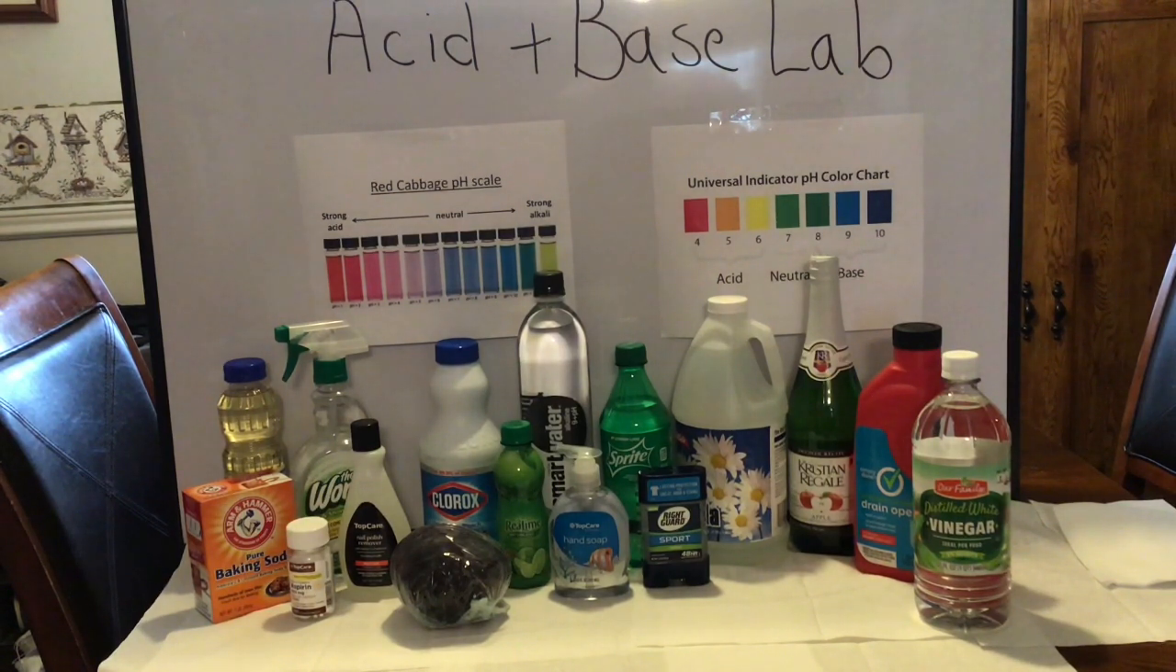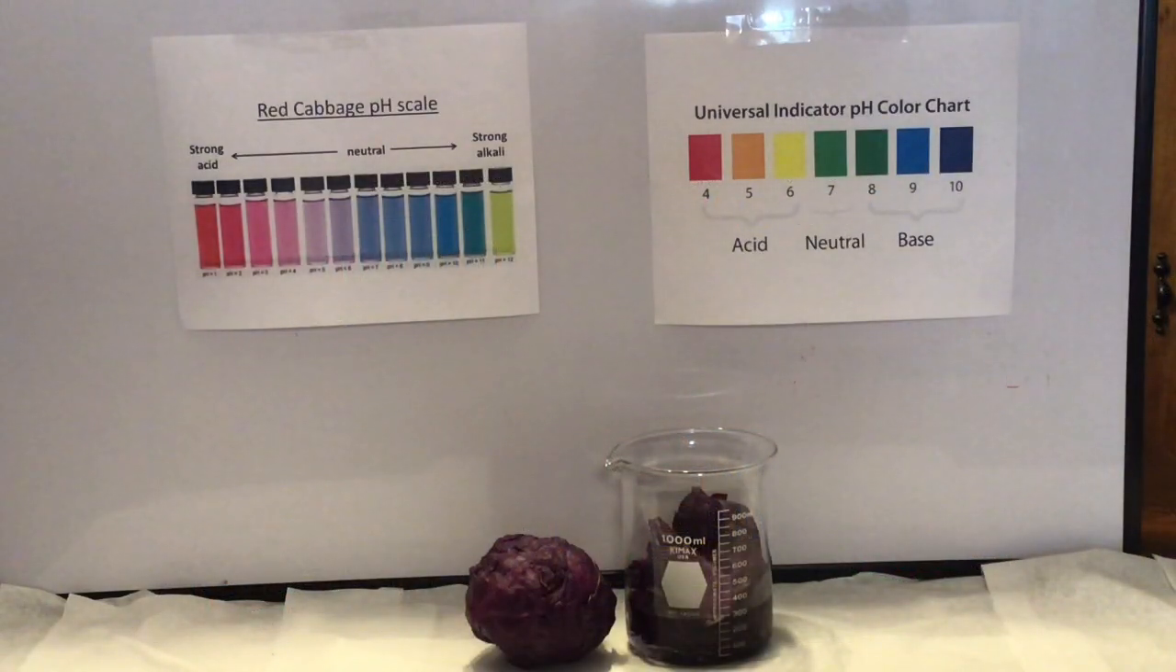And so what we're doing today is we are adding several household chemicals to a couple of indicators and trying to get a sense as to their pH based on the color of those solutions. We're going to be using both red cabbage and universal indicator as we look at these household items. So make sure that you read through the background information and look at the data sheet before you watch the rest of this video. And so we're going to spend most of our time adding everything to red cabbage,